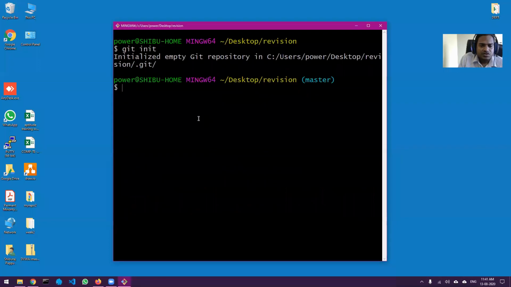Okay, so now I want to create a new file. I don't want to open any editor or anything. Obviously I can use a notepad or Visual Studio Code or anything, but I just want to create a new file, only create a new file. Ashwin Tiwari, what will be the command? I will ask the question to Ashwin Tiwari.